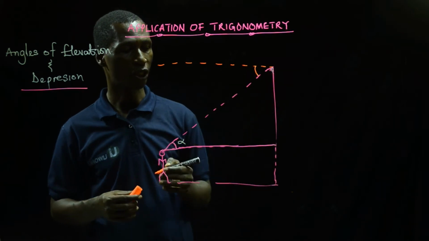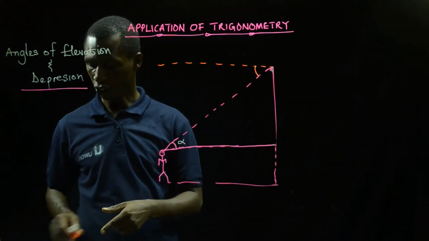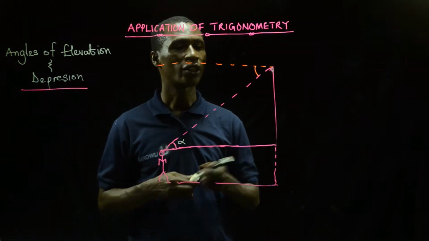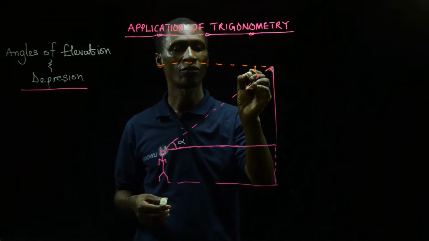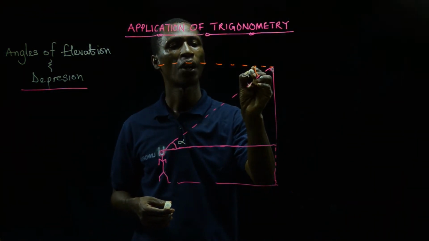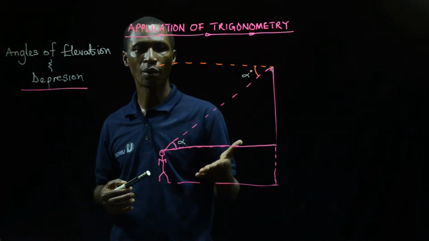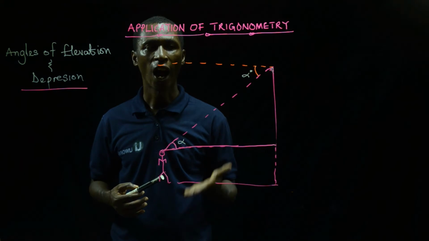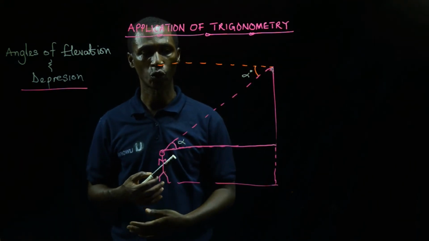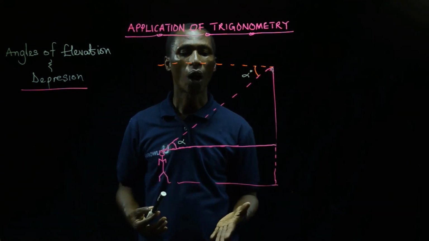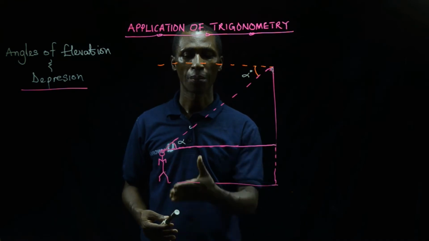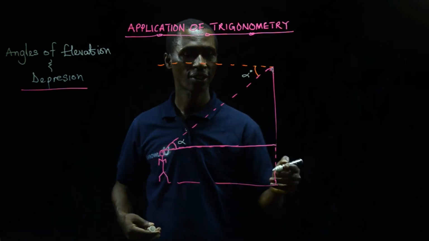The angle of depression is also the same as the angle of elevation. That one will also be alpha. But it's not always so, because the writer of the exam question will decide how you want the angle of depression to be. So if you are being asked, probably the height of Kofi is